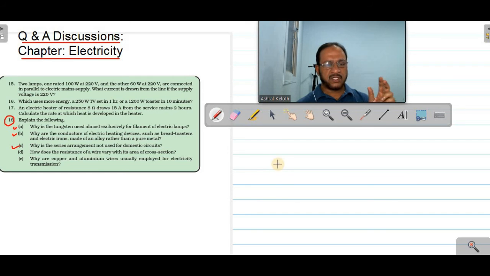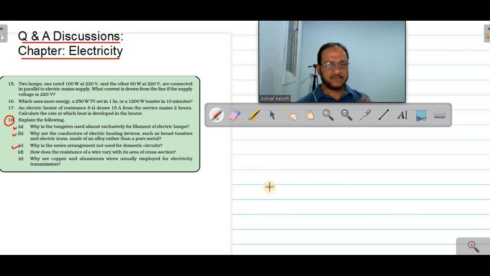The AC will take more current because, in a parallel circuit, among these three devices, the LED bulb, fan and the AC, the AC has the smallest internal resistance. A high power device will have the smallest internal resistance, so more current will flow through it. So the AC will get enough current in parallel combination. But in series combination, all devices will get the same current. Series combination cannot be used in domestic circuits.